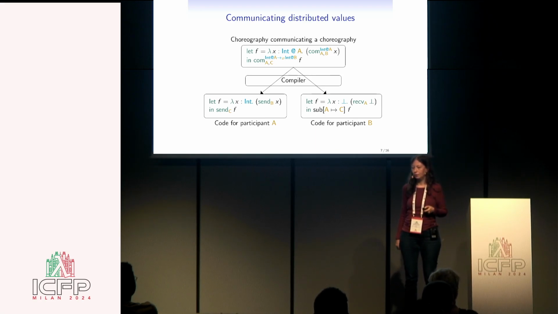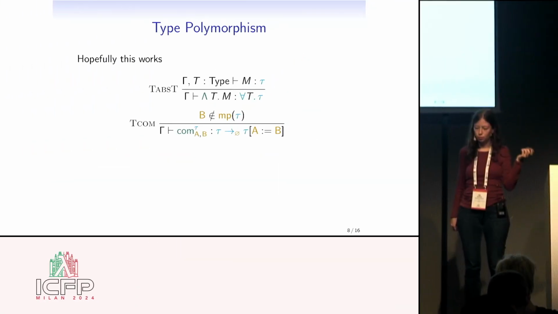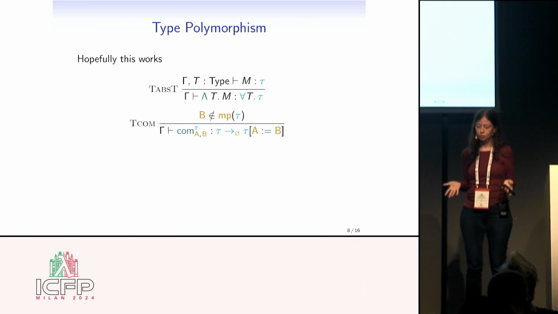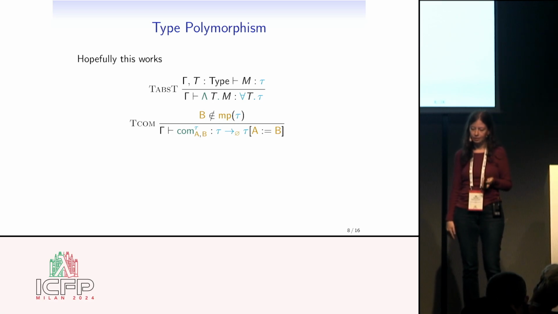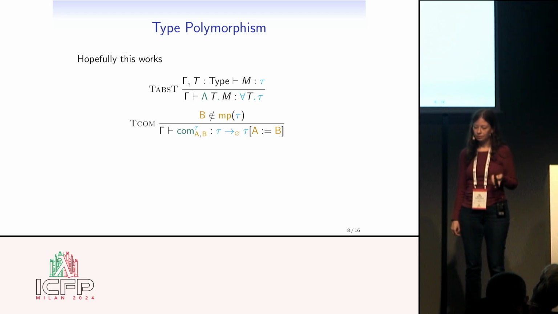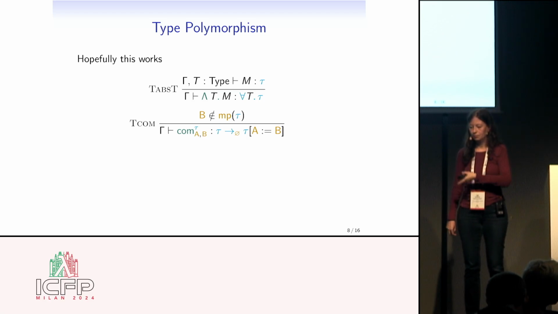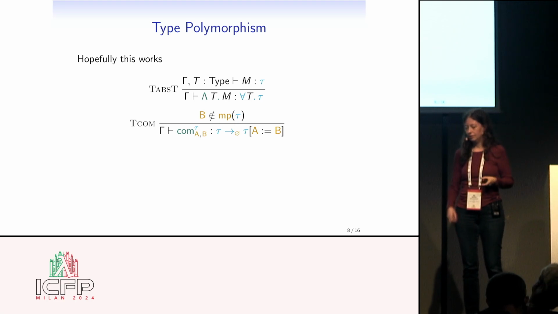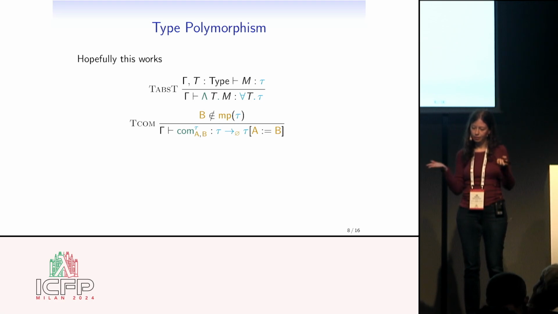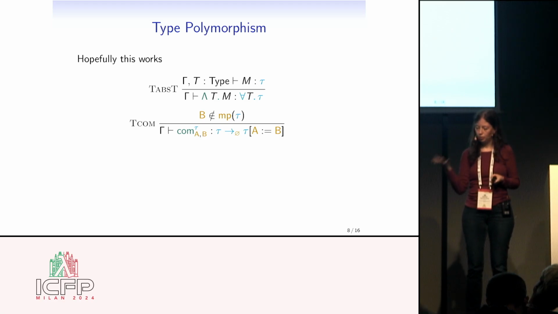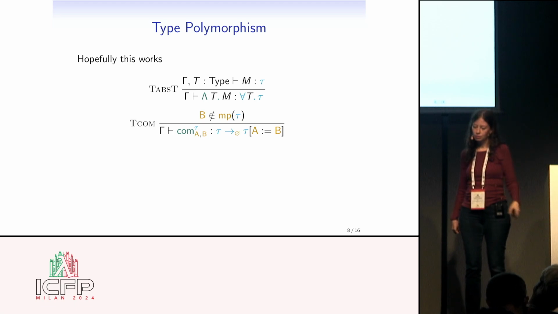We were pretty happy with our little work getting that to work, so we started working on type polymorphism. Now what we were hoping to do was have rules that look something like this, where you have a standard type abstraction, you get a forall something type, and you add t is type to lambda, and there you go. And for our com, we were hoping to keep more or less the same communication typing rules that Chorλ had, which is to say that